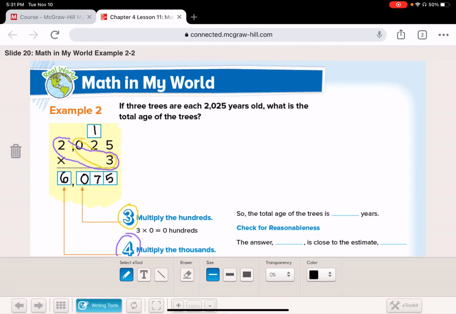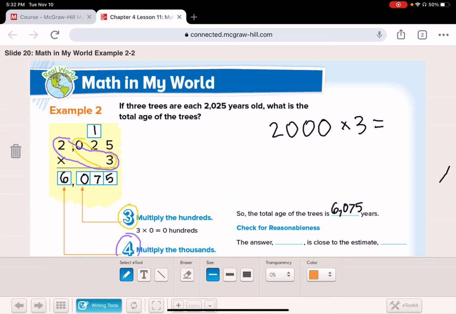6,075 years. So the total age, 6,075 years. Okay. If we wanted to check for reasonableness, we would round 2,025 to 2,000 and then multiply by 3. Each tree is about 2,000 years old, and there's 3 of them, so our answer should be, of course,